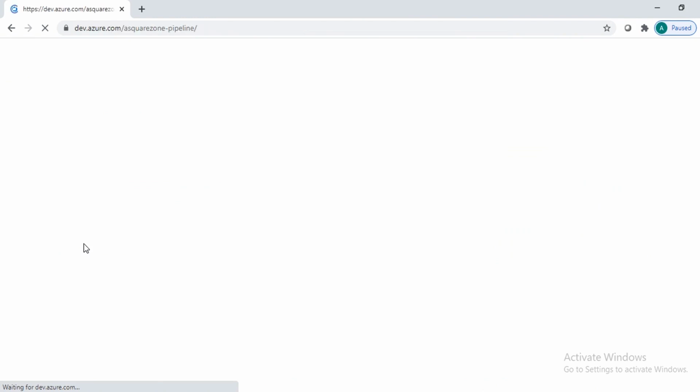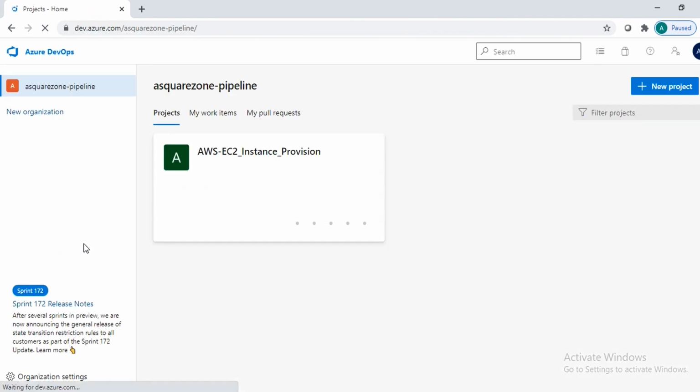And if you created one earlier, it's good to know. So I logged into my account. Here, Azure DevOps is the home page, and I have created one organization here. Using the new organization tab, you can create your own organization.